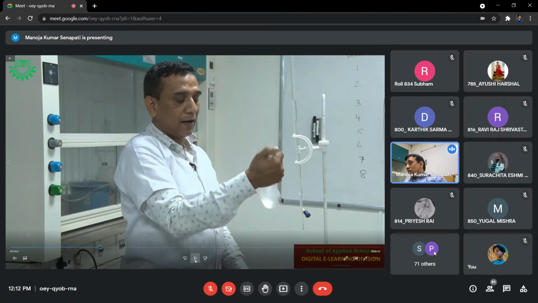So to do that, what will we do? Again, we keep it out from that solution. Now the solution in the measuring flask is called the reaction mixture. At the beginning, it was HCl, and after addition of ethyl acetate, that is called the reaction mixture. So we are going to measure how much acetic acid is produced. So the time is 11:31.